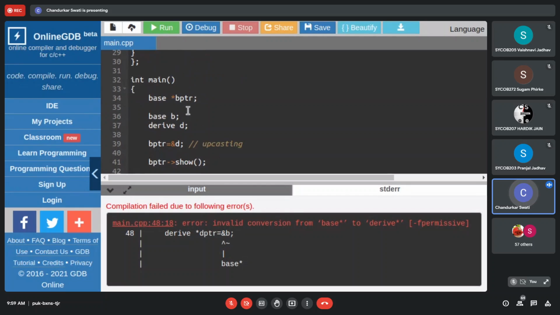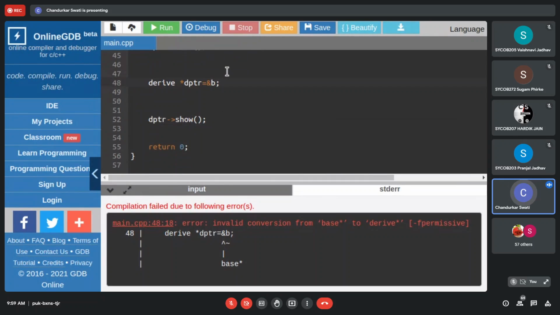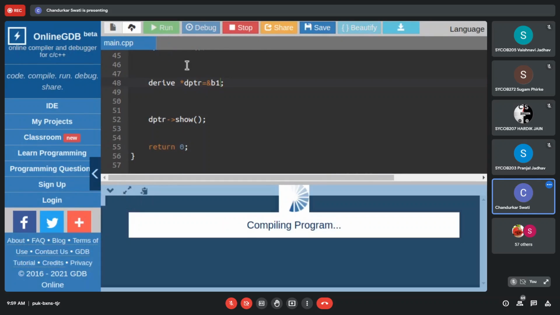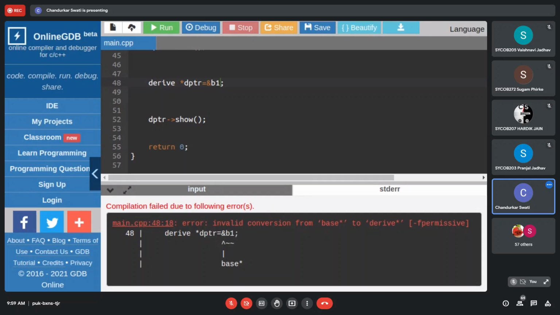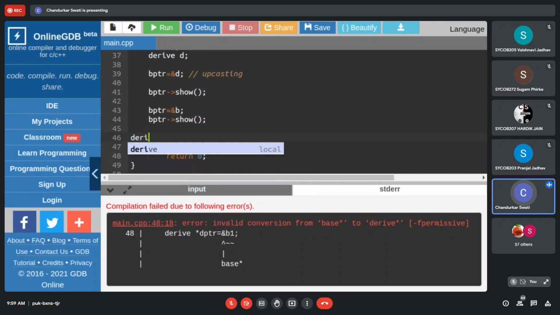I'll try to use a different object. Let's see. Here I will use B1, and then here I will pass B1. Oh, why is it giving an error? Okay, so forget that thing. Fine. So I cannot initialize that thing basically, but you can do that thing for